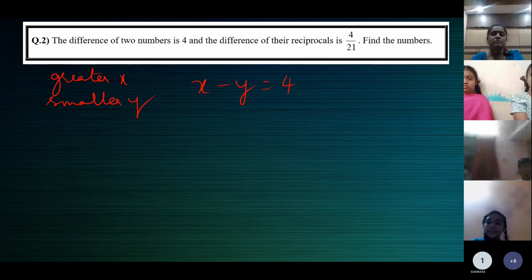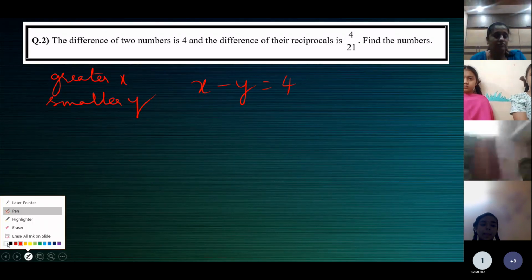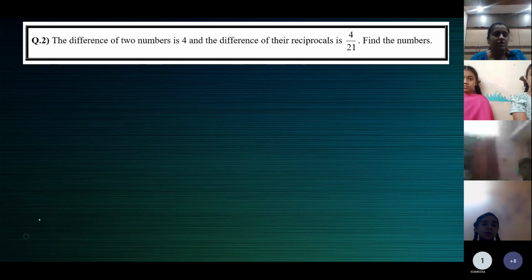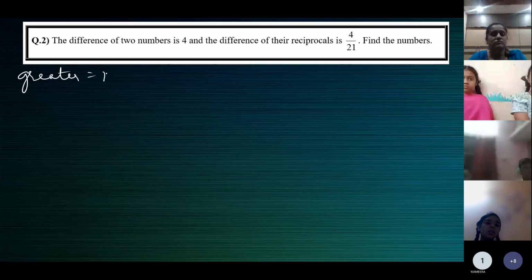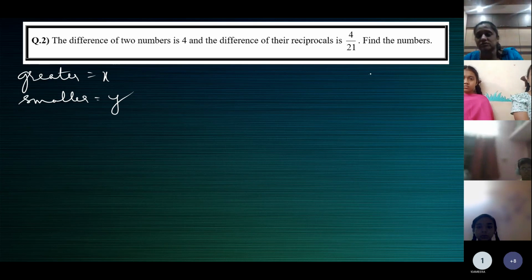The greater number x minus the smaller number y is equal to 4. And the difference of their reciprocals is 4 by 21. This is very important. So now supposing